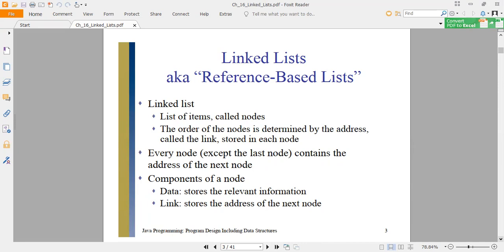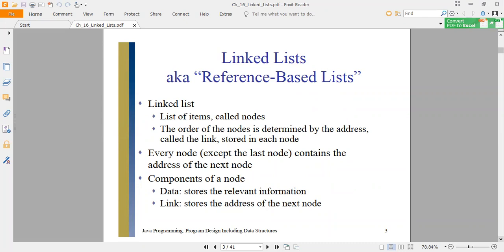And every node except the last node contains the address of the next node, and the last node contains a null pointer, because thereafter there is no node, it is the end of the list and it will not point to any other node.